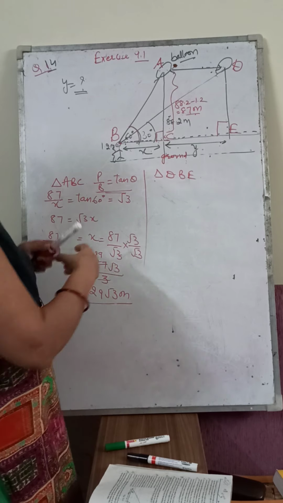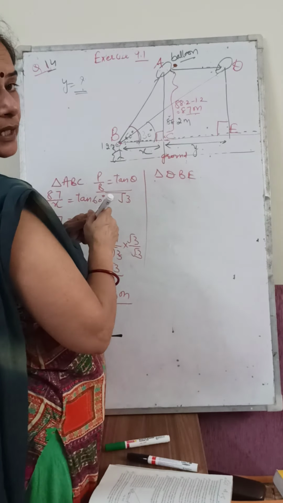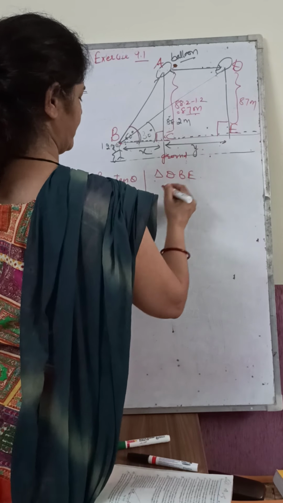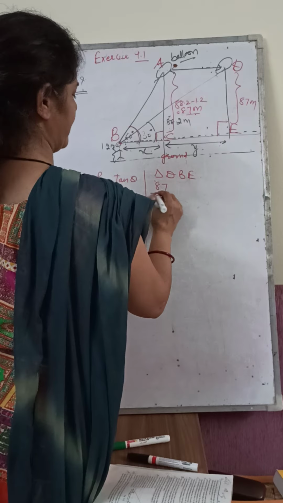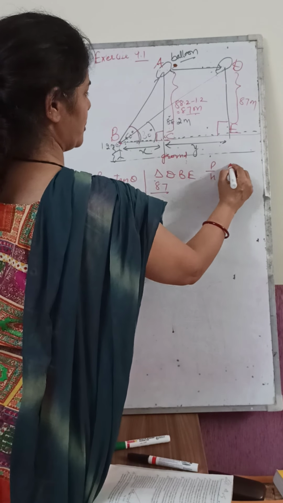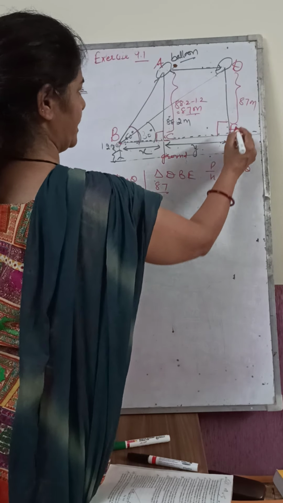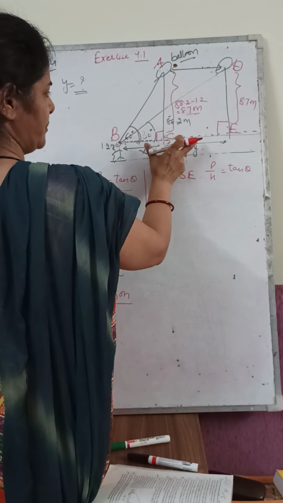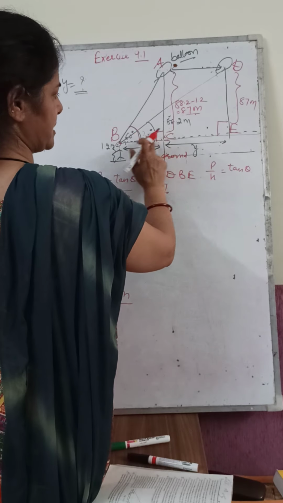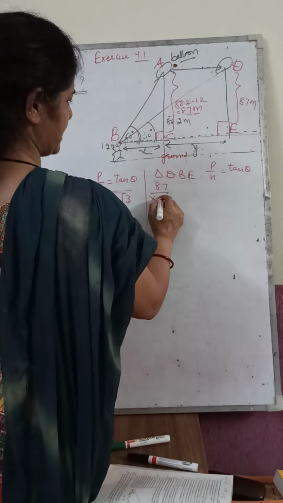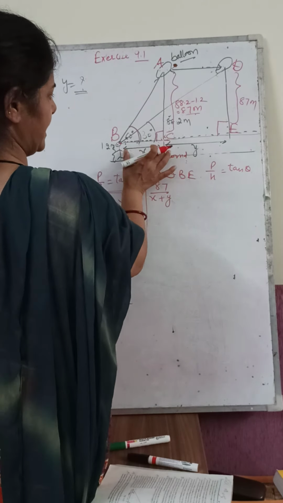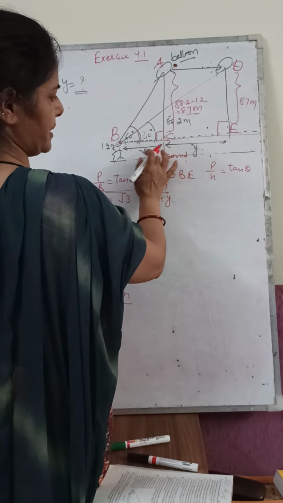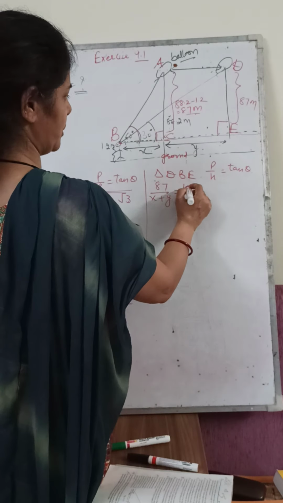Now come to triangle DBE. In triangle DBE, this height is 87 meter. Again perpendicular is 87, and again we are going to take tan theta only. Perpendicular, the side opposite, is 87. The side adjacent, that is the base, is complete x plus y. Till here is x, and from here to here is y. The complete base is x plus y, equal to tan